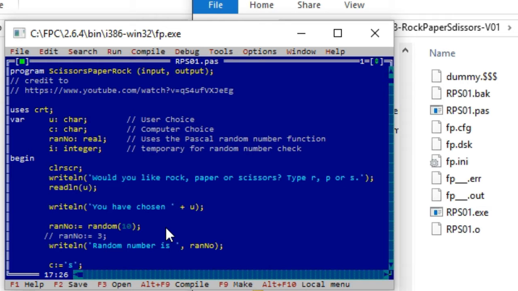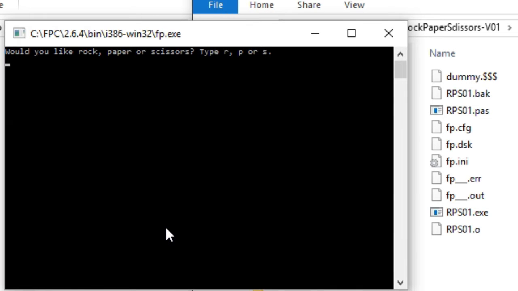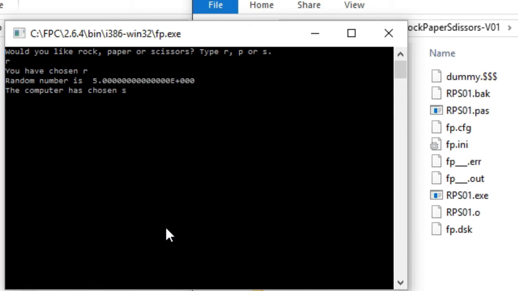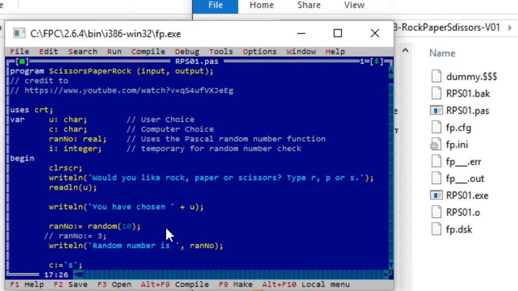We shift Control F9, rock. Oh, strange, we got 5 again. We'll do it again. Control F9, random, rock, 5. It's not looking very random, is it? So we're going to have to do a little testing around this. So why don't we just do a little